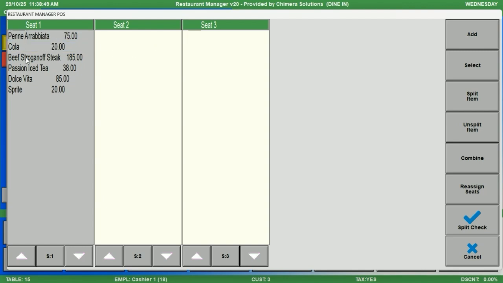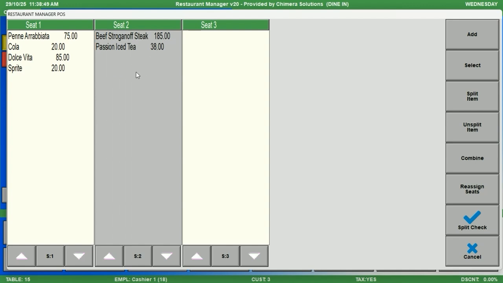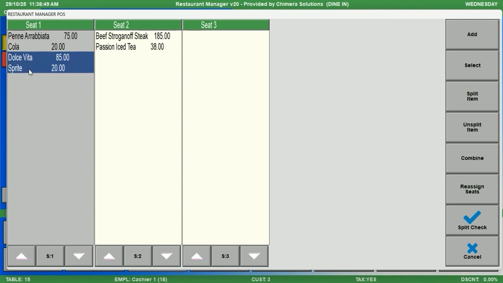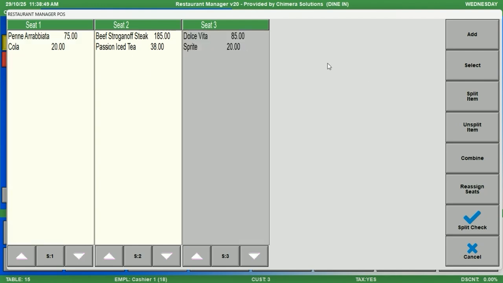Seat number 2 will have the beef stroganoff and passion iced tea, right? So let's do this both and just press here in this seat number 2, so the item will be transferred. The last order will be this one, and you just have to put seat number 3. So now we have a split of 3. Then you just have to split the check,